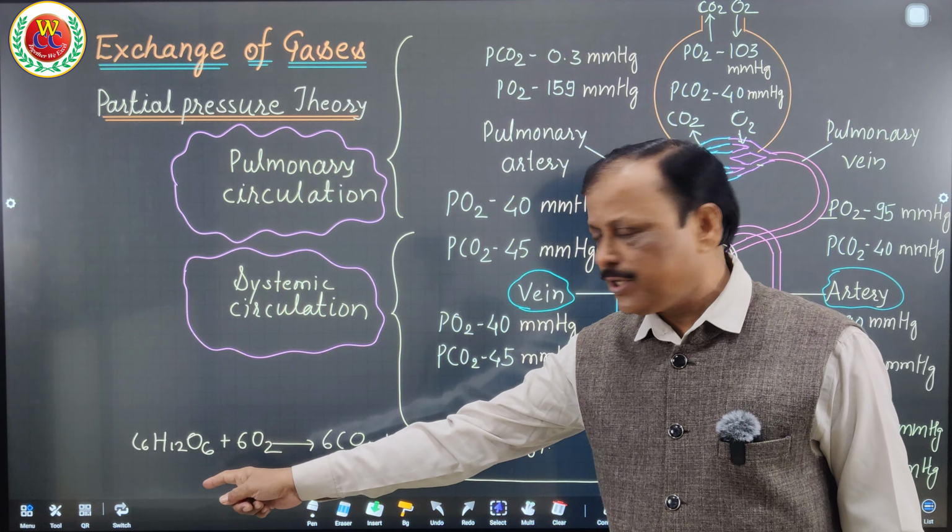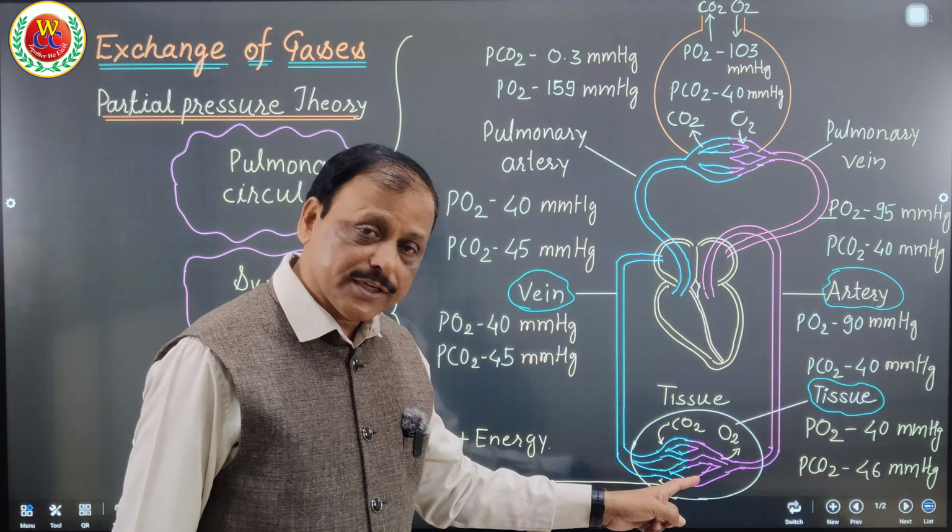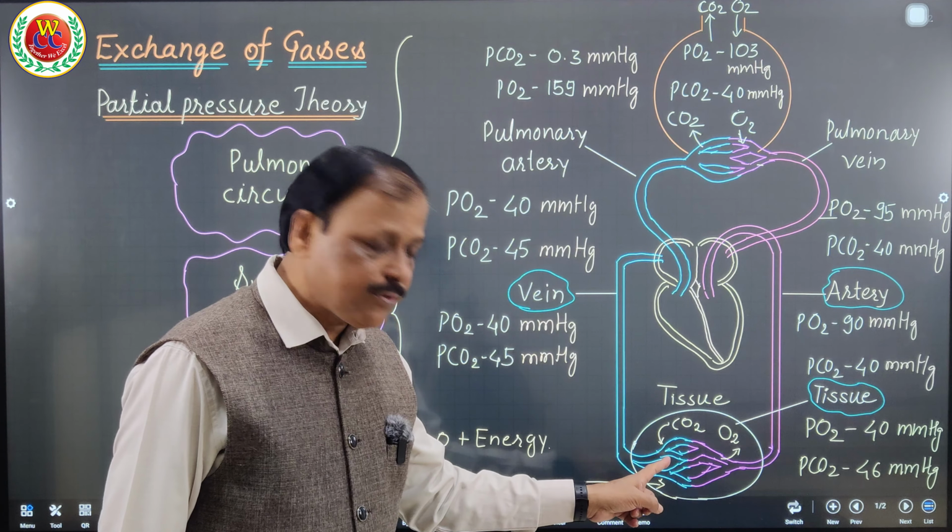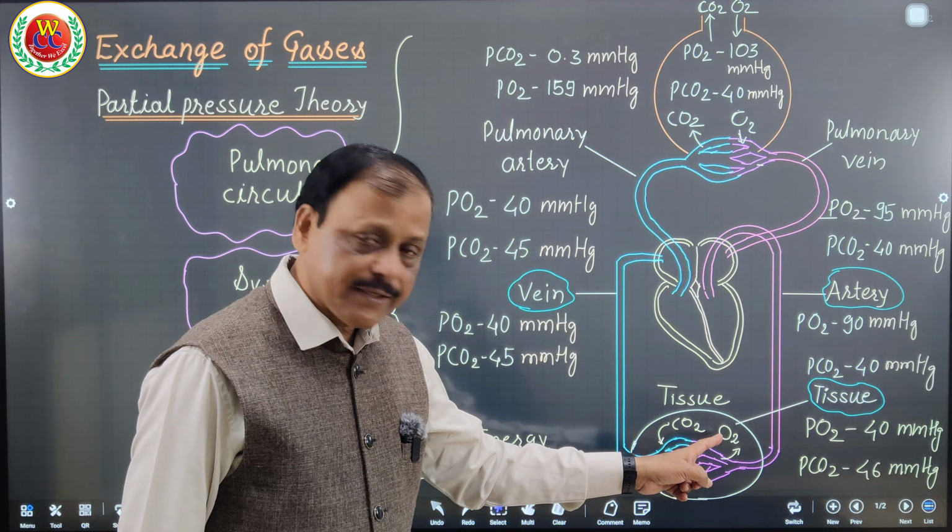And because of this gradient, carbon dioxide from the tissue gets diffused into the blood, and oxygen from the blood gets diffused into the tissue. That is, from the capillary oxygen diffuses into the tissue, and from the capillary carbon dioxide diffuses out from the blood into the tissue. Now that carbon dioxide from the tissue is diffused into the blood, it is transferred through